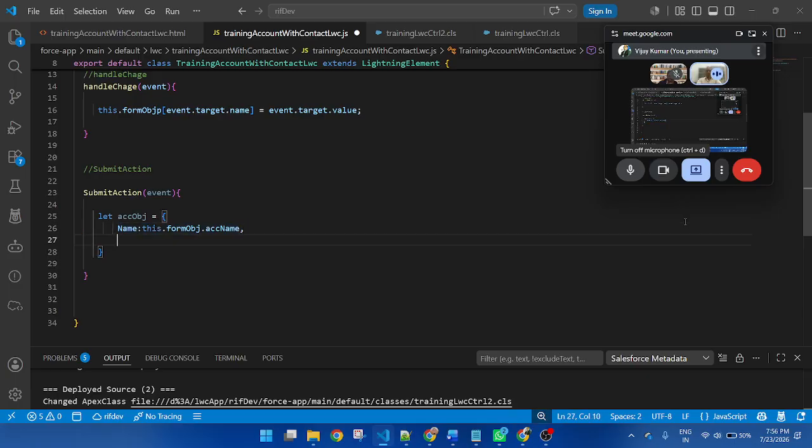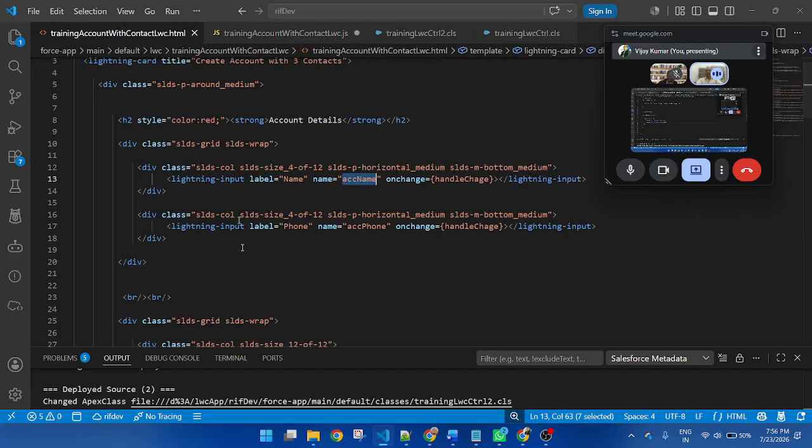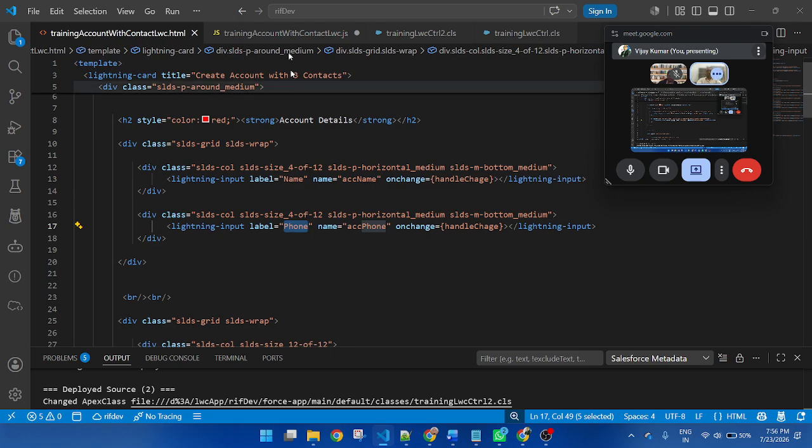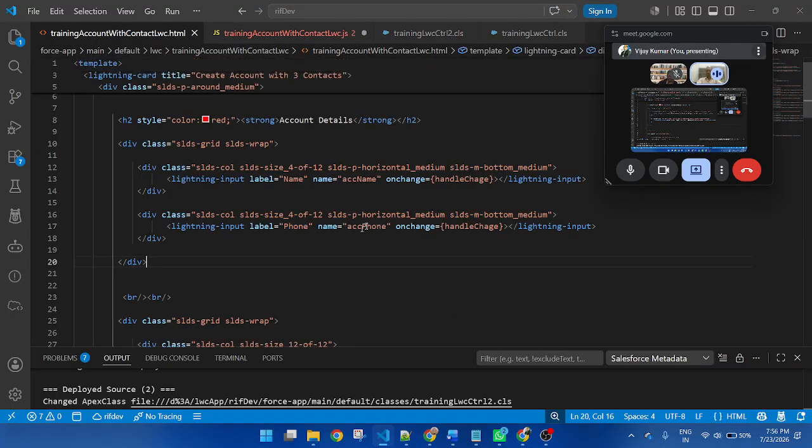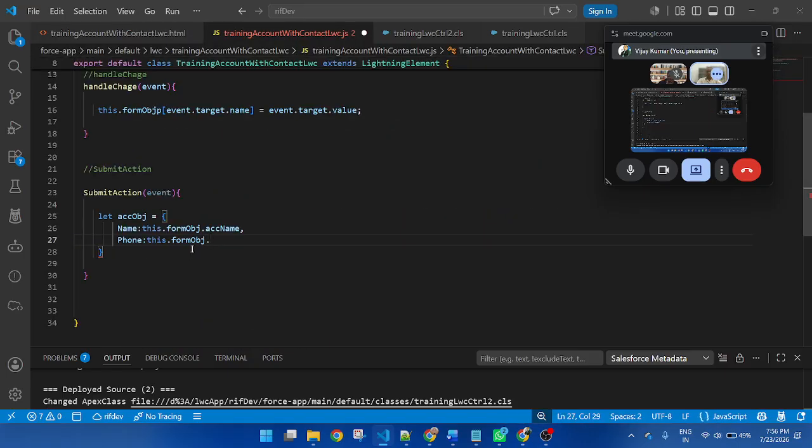Then copy, and for account there are only two fields, account name and phone. Here you can use the name of the account. So account phone, this is the name. And remove the comma from the last one.